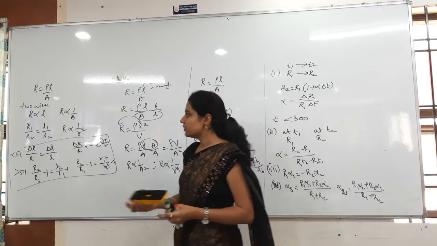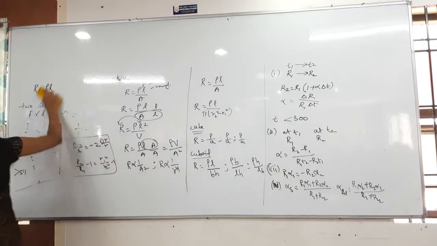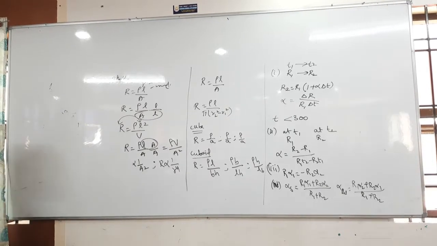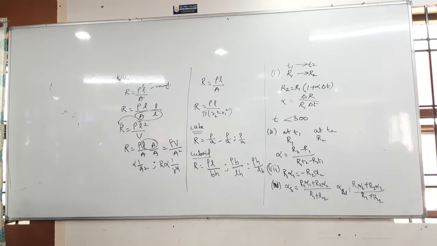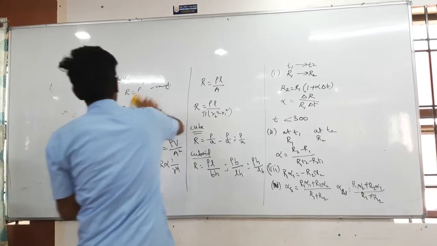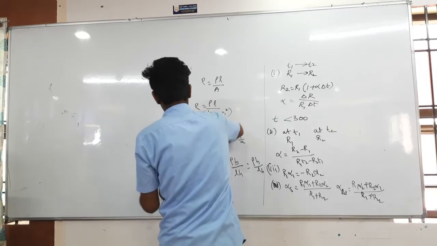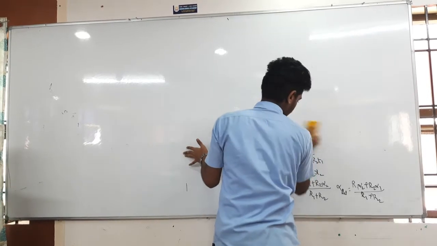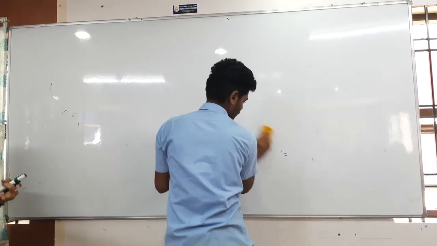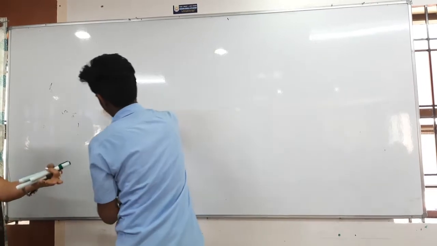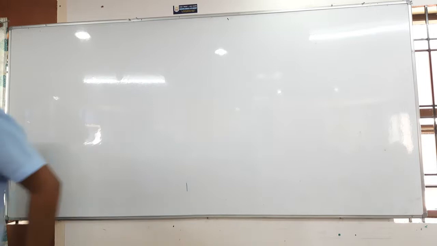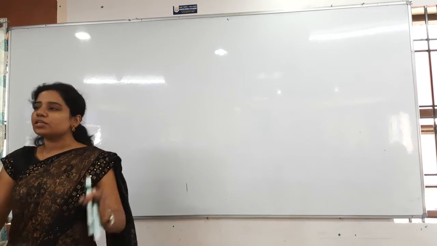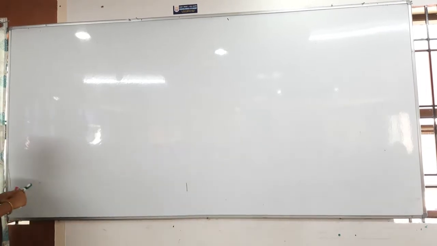So first and foremost, whenever you take the combinations, we will discuss a little about series and parallel combination. In series combination, which will be constant? Current is the same. It's like pipes only. I have connected all the pipes in the same line. Whatever water is flowing in the first pipe is equal to the water flowing in the second pipe, and also equal to the third pipe. Obviously, there is no wastage. So in series combination, current will be the same. In parallel combination, potential will be the same. So here, series combination of resistors.